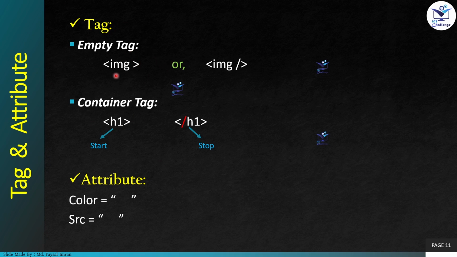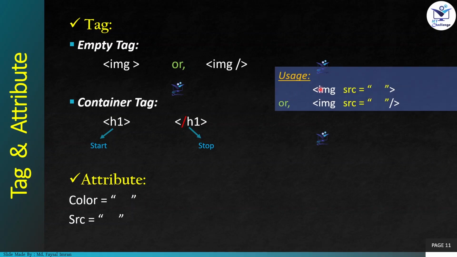So now this is our tag. Tag is a kind of word which can give the command to the computer to develop a website or a web page. An attribute is a kind of keyword which can work inside of a tag. Okay, so now you have to understand the use case of tag and attribute, how it works inside of a tag. That's why our first example is empty tag. So here img is our tag, and if you want to place the src attribute inside of the tag, you have to place it after the img name. So you have to place the space, then you can write the src attribute, and in this place you have to put the element of the